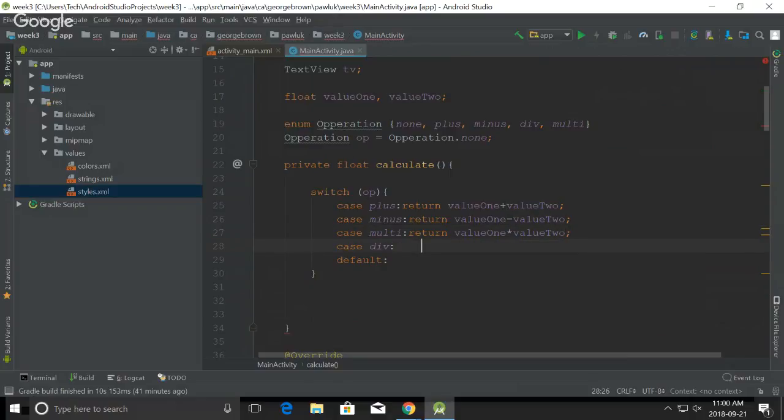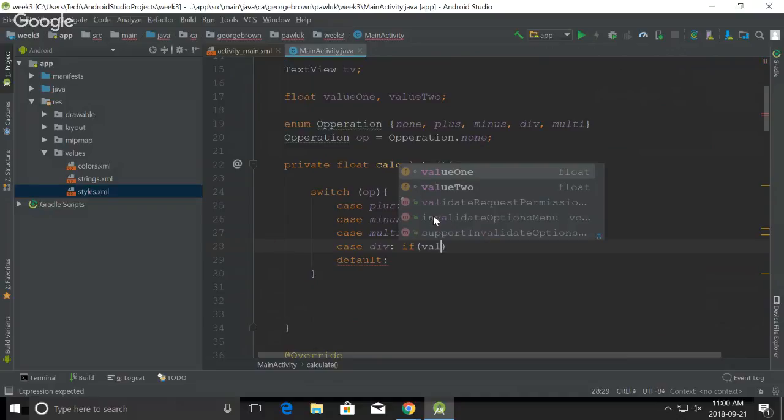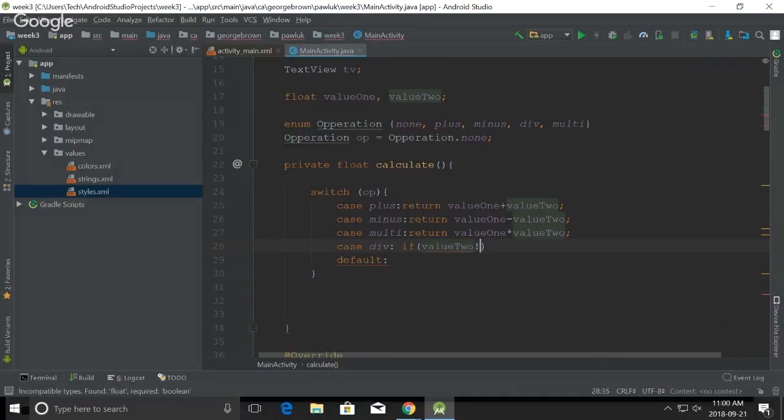What with division? Can I simply return? Can I divide by 0? I can't, right? So if value 2 is not 0, and my case is easy, return value 1 divided by value 2,